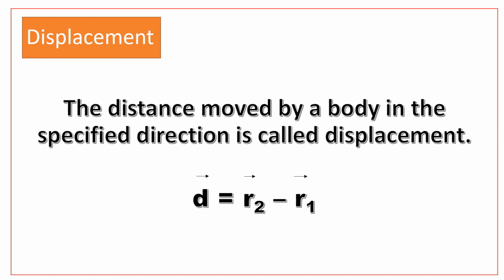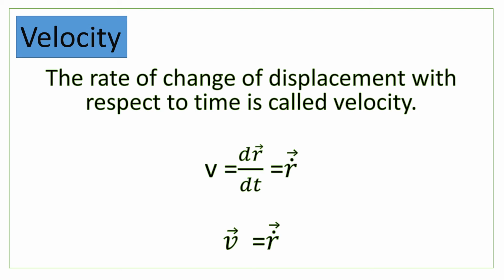Now the first thing we have discussed here is the displacement, d is equal to r2 minus r1, the difference between the two vectors, which is a vector quantity that arises after displacement. I have told you that displacement, velocity and acceleration have a relation or interrelation with each other. After displacement, the first definition is velocity. When the displacement changes with time, or we can say the rate of change of displacement is called velocity.